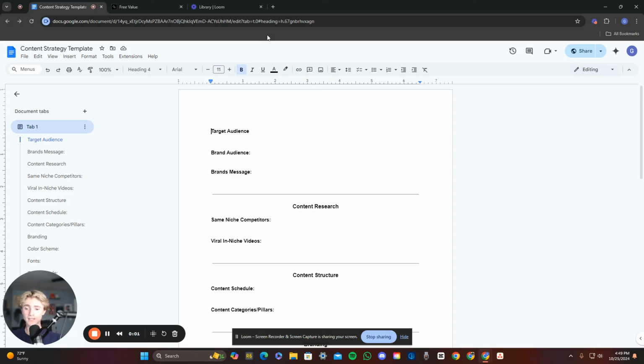So this is exactly how you're going to create a content strategy for your brand, for your page, for your personal brand, for your business, whatever it is. This is how you create a content strategy so that you know that the people you are targeting are the right people. So you're getting the right views, you're converting the right way, and you're following in the footsteps of people that are actually already crushing it in your niche. And so that also your content stands out.